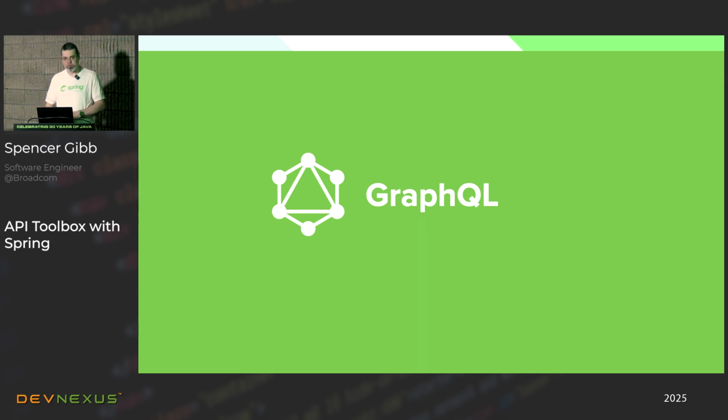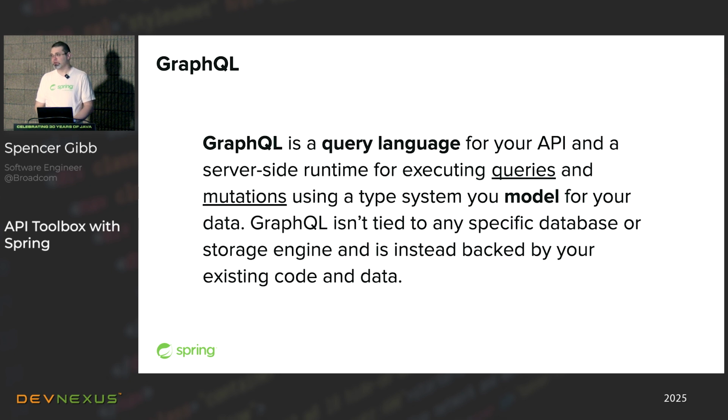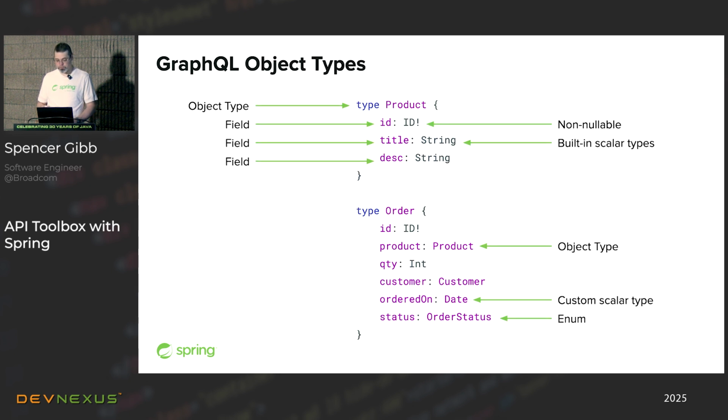So GraphQL has recently been popular. GraphQL is two things. It is both a query language and the server-side runtime to execute it, right? So it supplies both things. It's not tied to any specific data store or storage engine, but just backed by your existing code. One of the nice things about GraphQL over simple REST is that you get to define